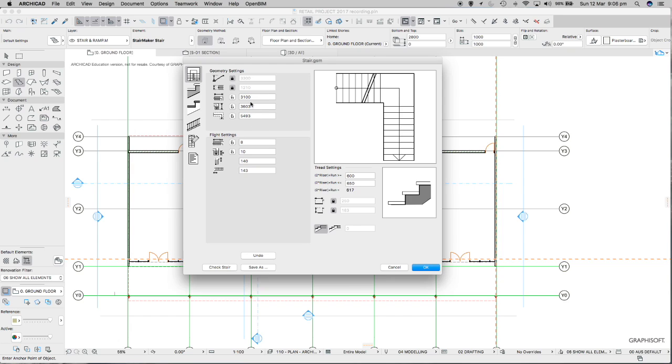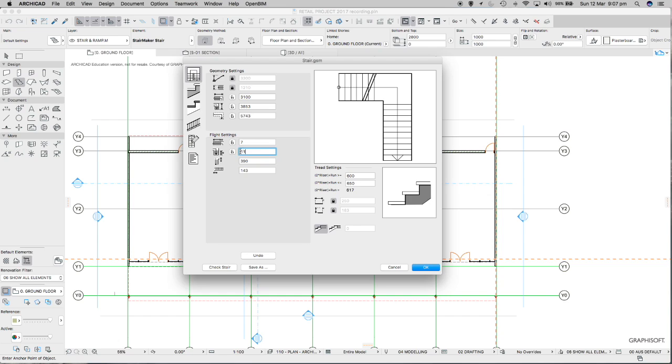That we want ArchiCAD to now change all of these total going dimensions, etc., to suit those ones that we've got locked. So the next thing that I want to do is control the number of rises. It depends on your layout. We might have to try this and then come back in and try it again. But the sketch plan that we've had open before showing this layout indicated 7 rises at the bottom. So if I change that to 7 rises at the bottom,